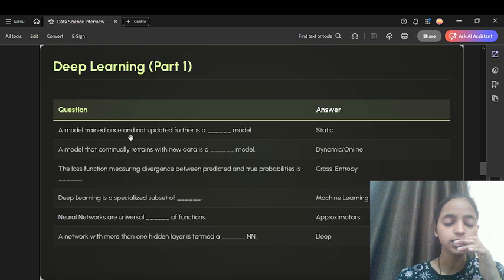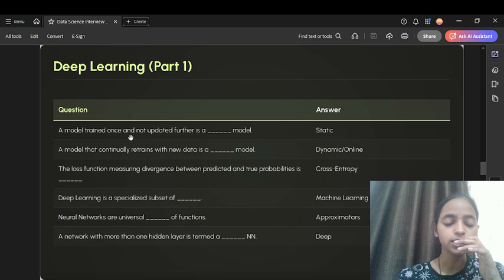Now we are at the second part of the set of questions. So each layer's output becomes the next layer's input. CNNs are mainly used for which classification? So they are used for image or spatial classification. RNNs handle data with strong dash dependencies. So RNNs handle data with strong temporal dependencies.